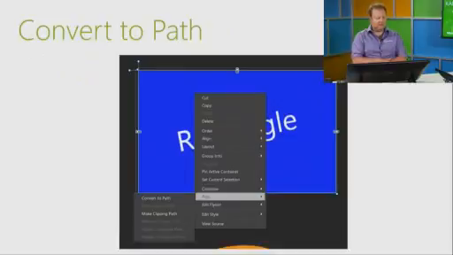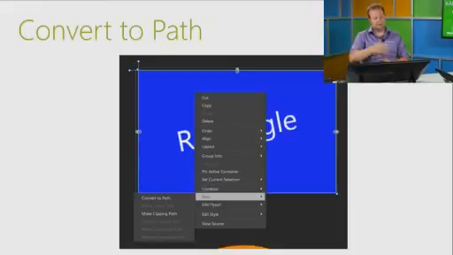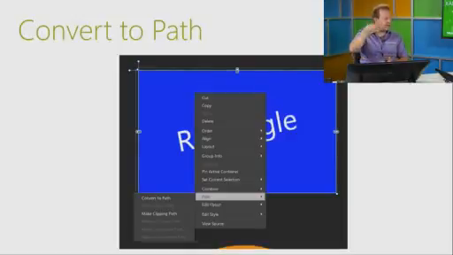Now you can take things like that and convert them to paths. This is a feature of Blend and of the Visual Studio Designer. So right-click on the element, say convert to path, or you can just go ahead and start typing your path in XAML, or you can import paths from Adobe Illustrator. I'm going to show an example in a moment. Or you can even go in Blend and freehand draw your paths. So there are multiple ways to create paths. Usually I start with shapes, I arrange them a little bit like I want, then I convert them to paths, and then I go in and